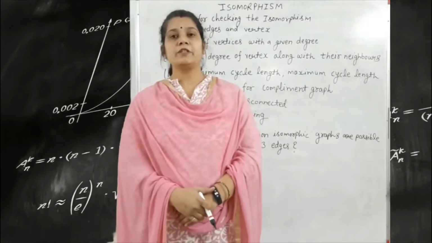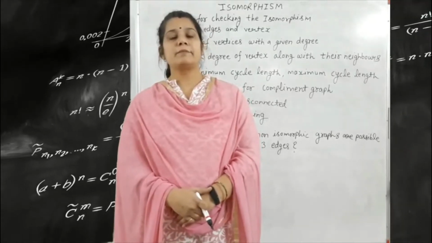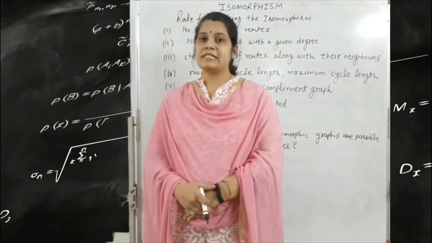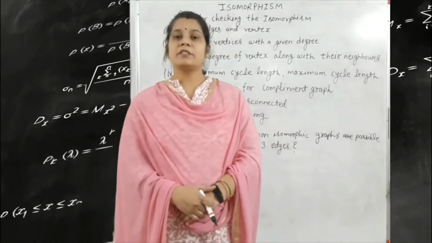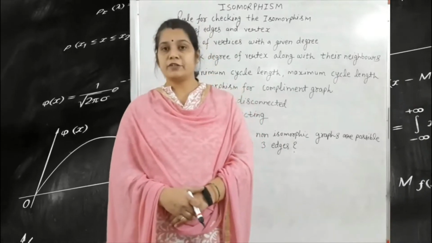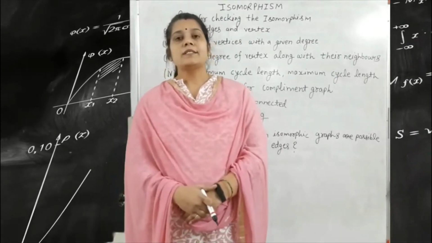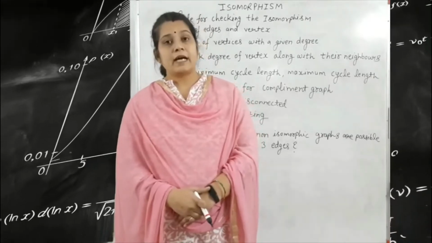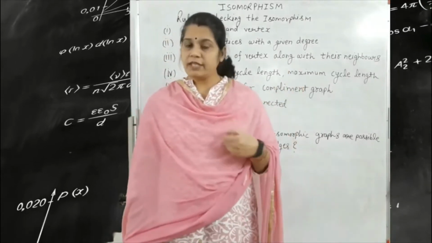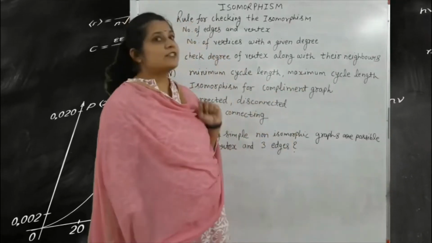Today I am going to take a lecture of discrete mathematics, chapter number 5, graph theory. We have already seen in our previous lecture the different types of definitions according to a graph, the handshaking theorem, the definition of the bipartite graph, and how we find the bipartite diagram. Okay, so next one is the isomorphism.